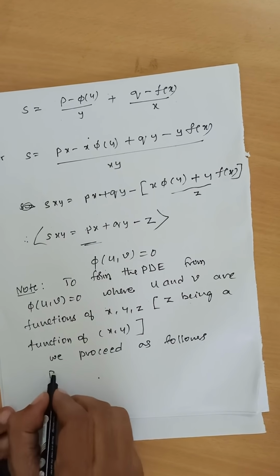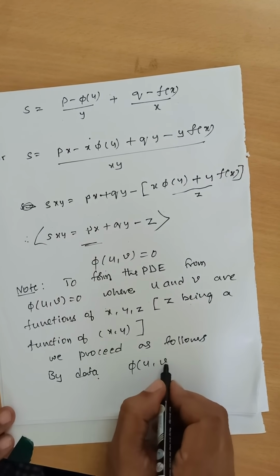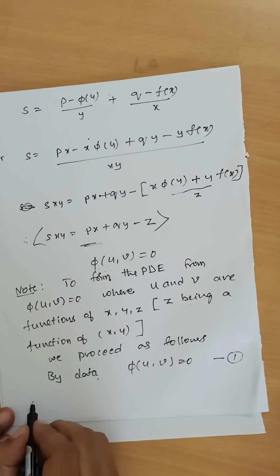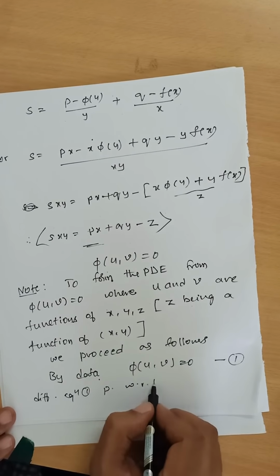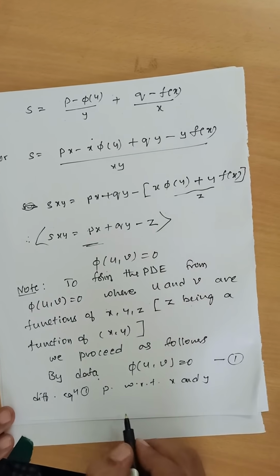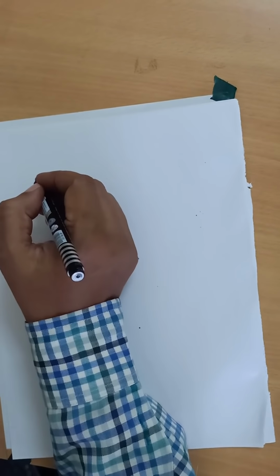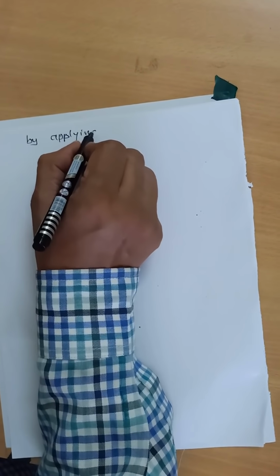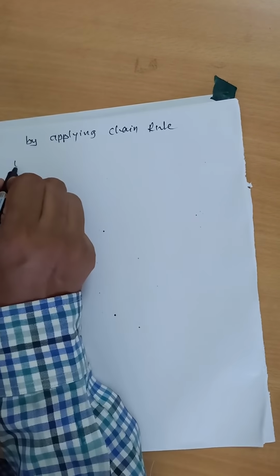By data, φ of u comma v equal to 0, you call equation number 1. Here also we differentiate equation 1 partially with respect to x and y, that is, by applying the chain rule we obtain,